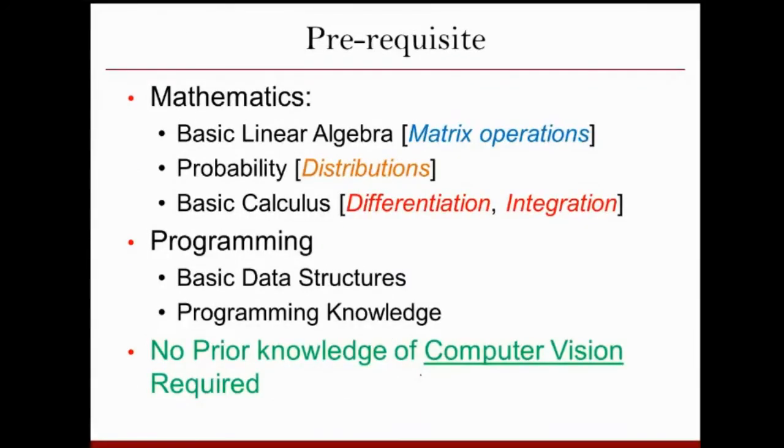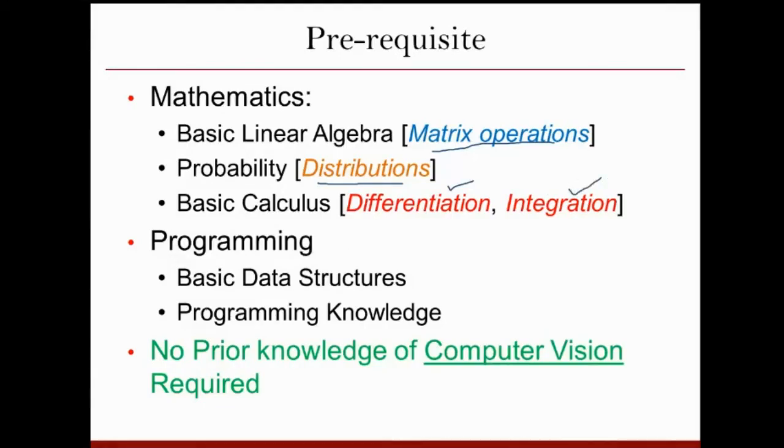What are the prerequisites for this course? Prerequisite not in the sense that you should have done this course, then only you can join, but at least you should have some understanding of these subjects. For example, we will be using linear algebra, so you need to have a little idea about matrix operations. We will also talk about probability in some techniques, so you should have some idea about probability distributions like binomial and other distributions. And we will be using a little bit of calculus, so you should refresh yourself with respect to differentiation and integration.